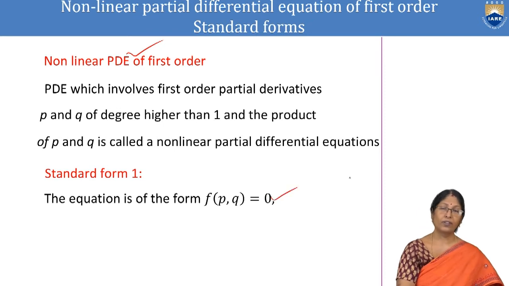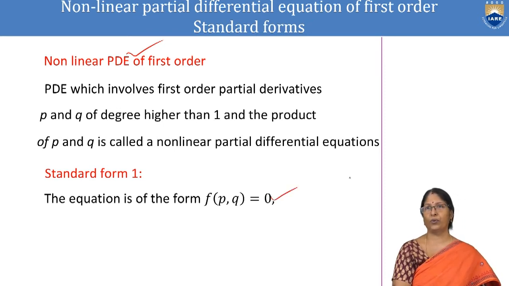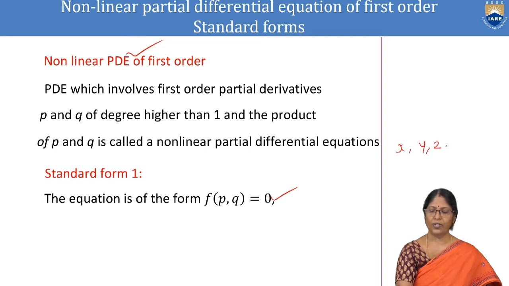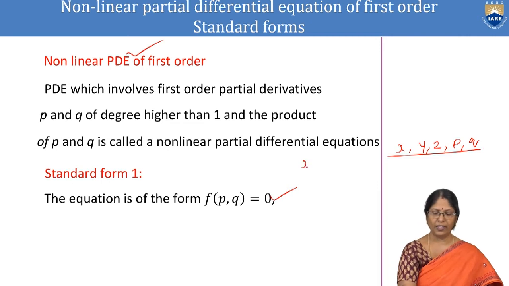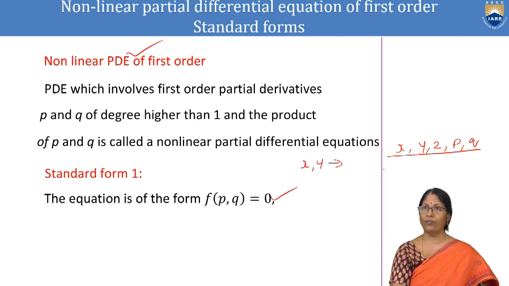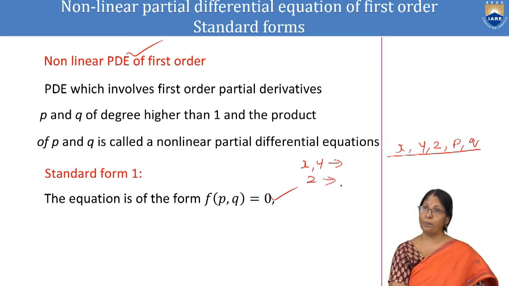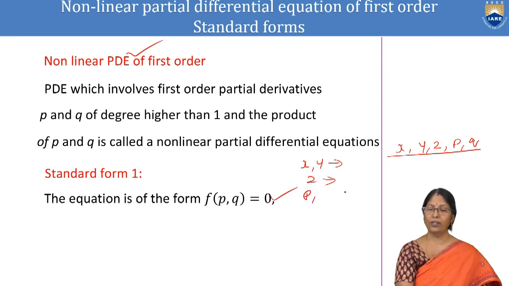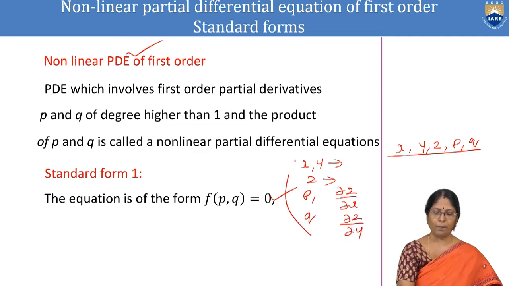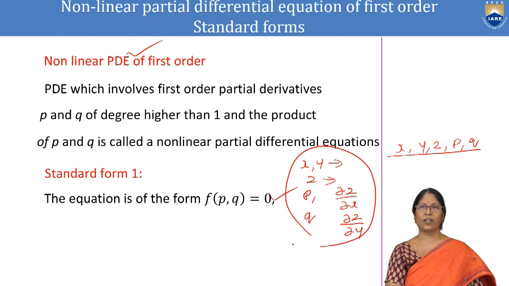In the given equation, we have to look carefully and identify x, y, z, p, q. These 5 are written. In these, x and y are playing the role of independent variables. z is playing the role of dependent variable. p, we know, is the notation for dou z by dou x, and q is the notation for dou z by dou y. This is what this lecture includes.